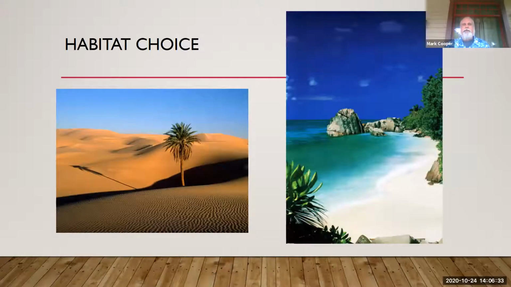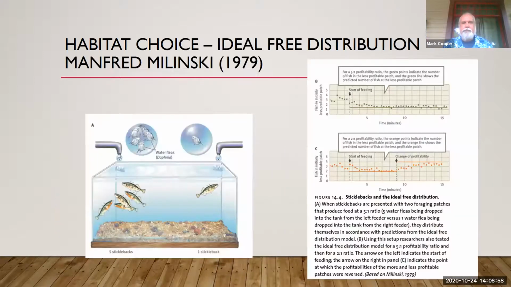All right, so habitat choice. If I gave you two places and said, hey, I'm going to buy you a place to live, which one of these would you probably like to be the view out of your front windows? Most people, I would guess, would pick the one on the right, although there are some freaks out there that might like the left. I'm not saying the deserts are bad. I love going out in the desert, but if I had a choice, I think it would be the one on the right.